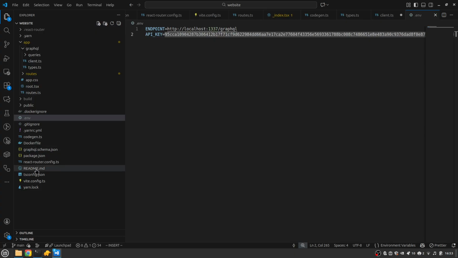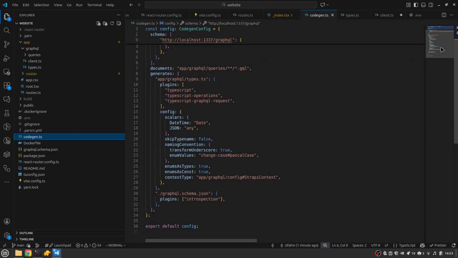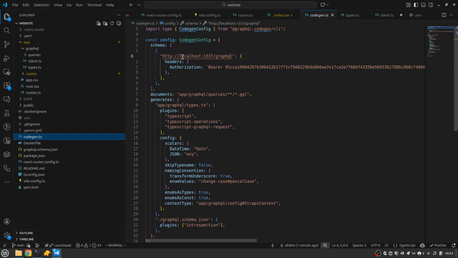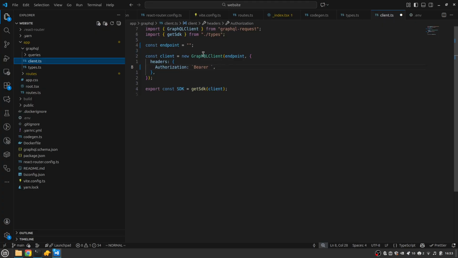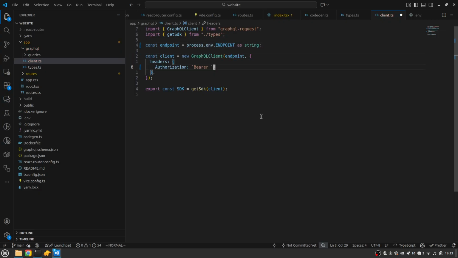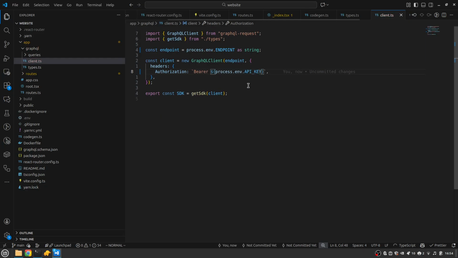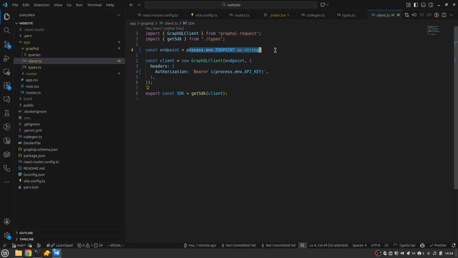So for the codegen part, this thing is fine because we are using it locally to generate the types. We're not using it in production. So this thing is fine, but here we'll be using the tokens from production. So we can say process.env endpoint, then process.env API key. Done. We'll get the endpoint and API key from process.env,